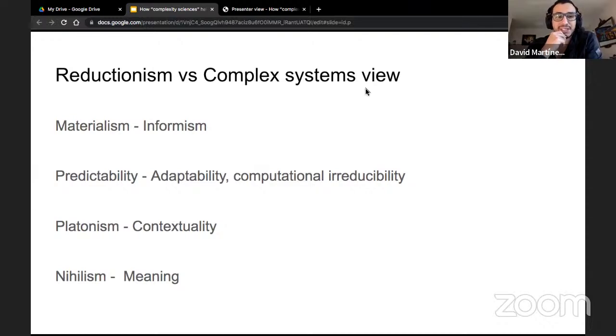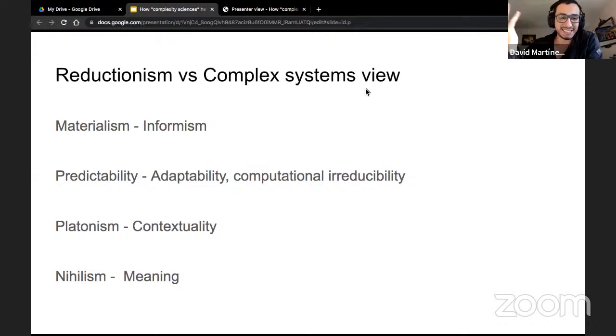Okay, reductionism assumes materialism. That means everything lies in the realm of matter and energy. Reductionism says that the universe is then predictable. And this gives us a Platonism view of things. That means that there's only one truth that we should get from the unifying theory that we don't have yet, and I think that we will never get.